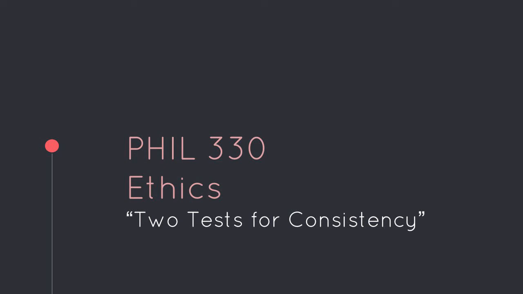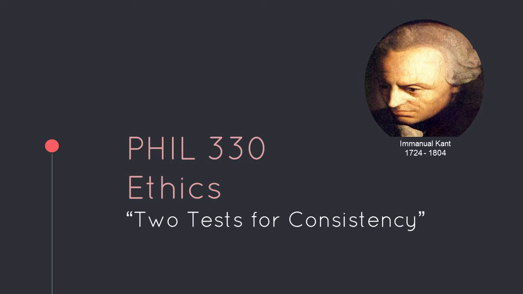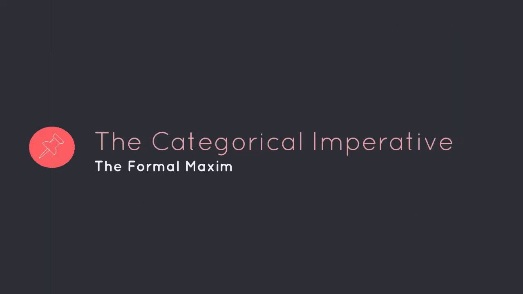This week we're looking at Chapter 2 of Kant's Groundwork for a Metaphysic of Morals, and we'll spend quite a bit of time looking at 4 illustrations that Kant provides for us of how the categorical imperative works. Now what he does is he formulates the categorical imperative in different ways. The first way that he does it is called the natural law formulation of the categorical